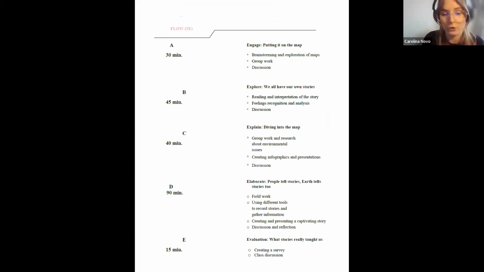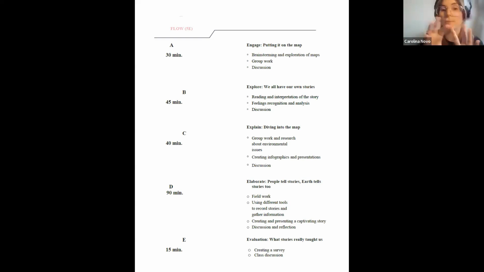Like the other modules, our module is divided in, let's say, five phases. The first one, engage, then explore, explain, elaborate, and evaluation. And we try to intercalate, to mix the part of the green skills with the storytelling, with other competences.